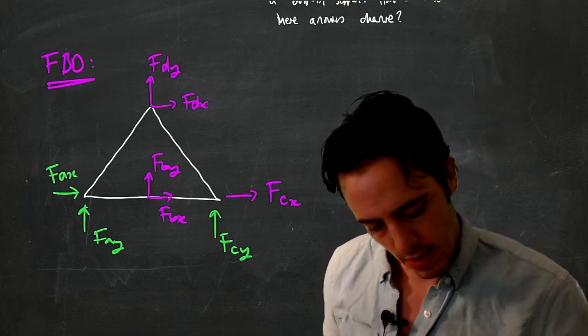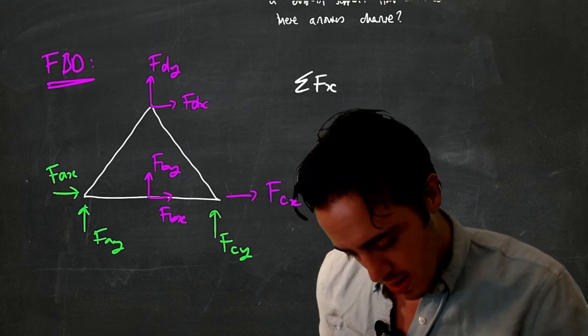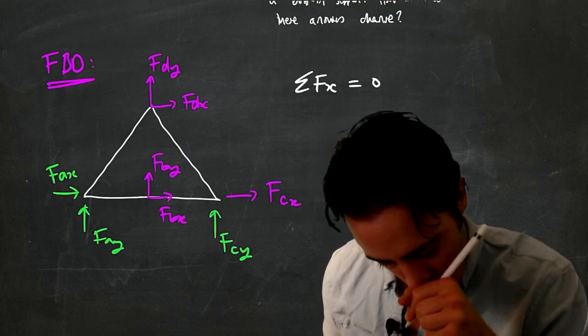And the 3 that I'm trying to solve for, in fact, let's just say I'm not even going to bother talking through a lot of this because I'm fast forwarding anyway. Sum of forces in the x direction has got to be equal to 0, so